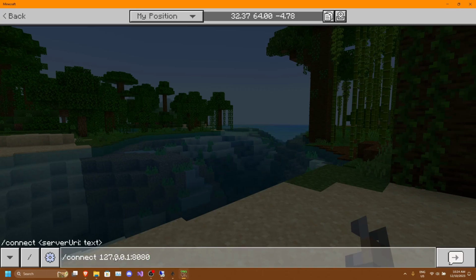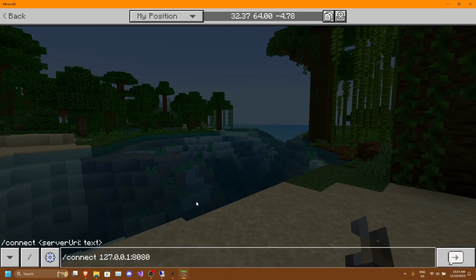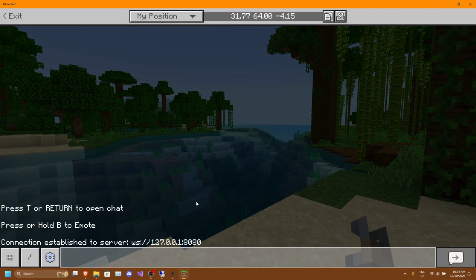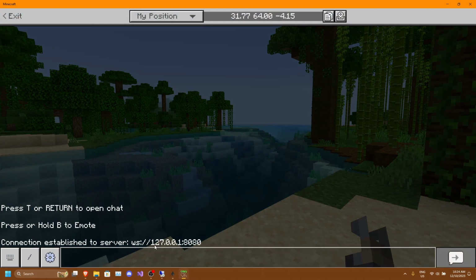But since we haven't even changed it or touched it, we'll keep this at 8080 since that's the default. Now once we connect, it'll say connection established to server ws/127.0.0.1:8080.